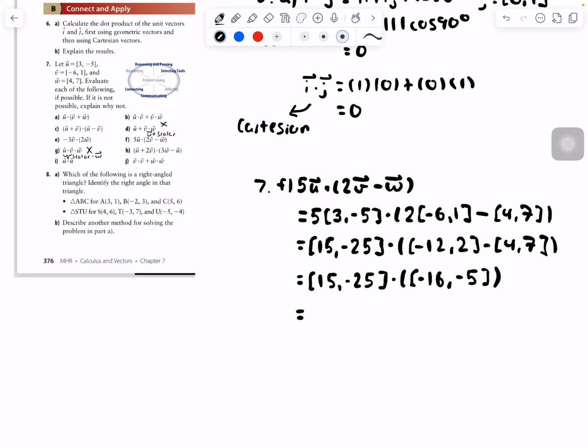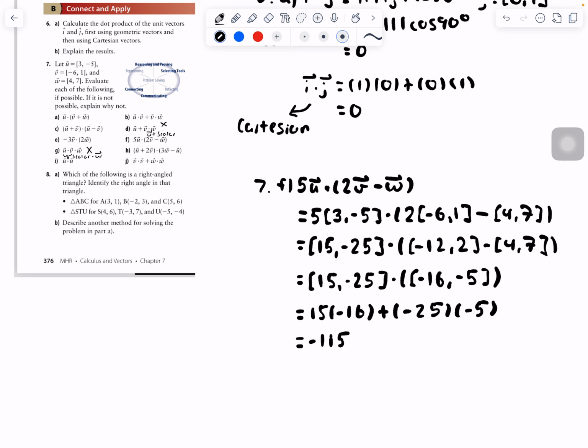And then what do we get? We get 15 times negative 16 plus negative 25 times negative 5. We get negative 115. Okay,